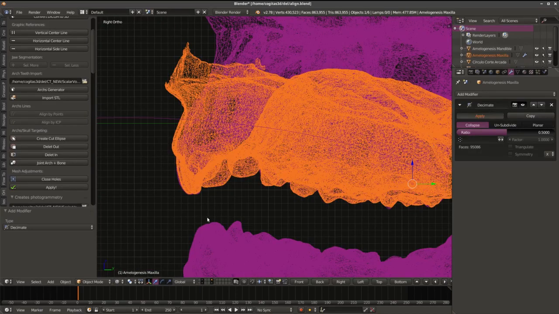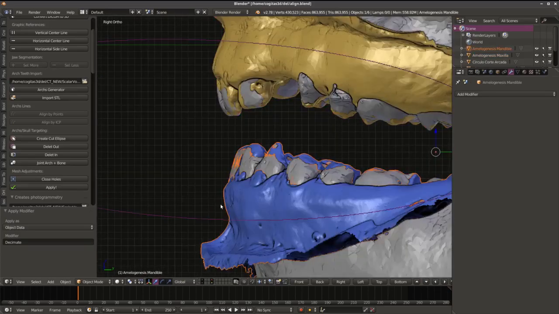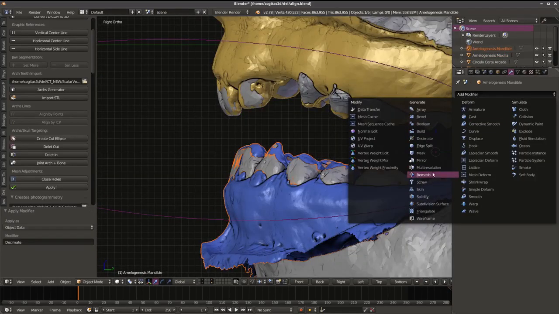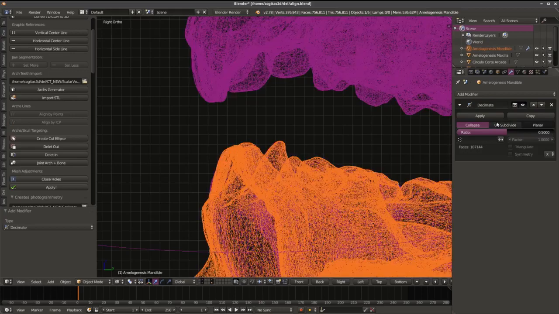I will apply, and I will do the same thing with the lower object. I will attribute decimate, put half, wait a little, okay, you can see, apply,